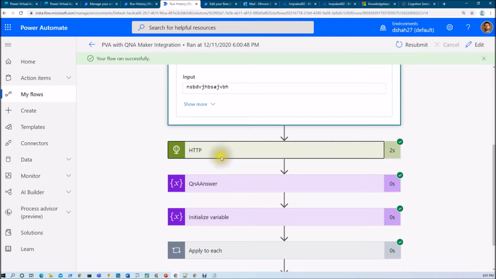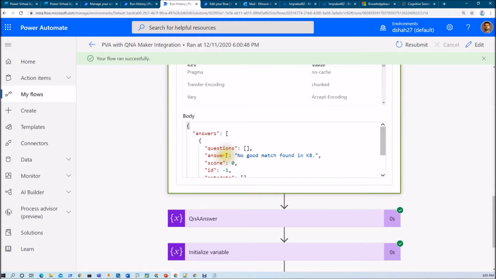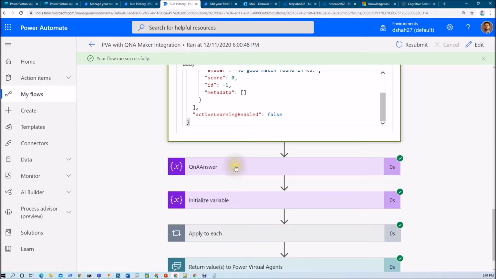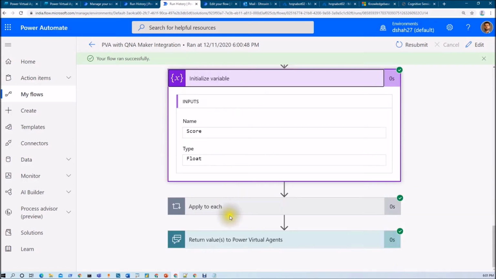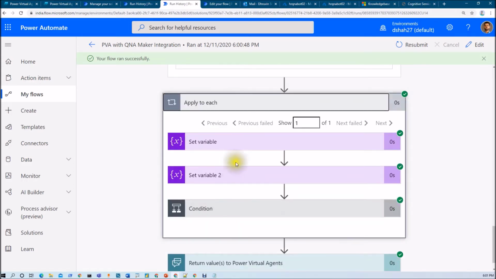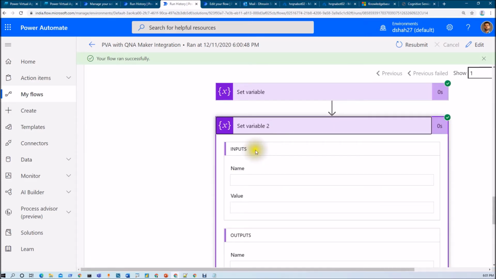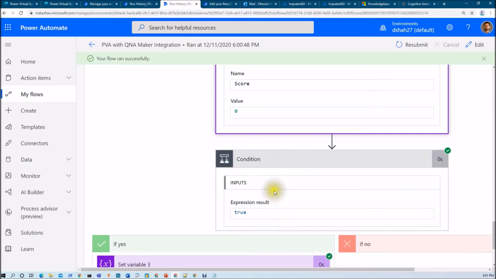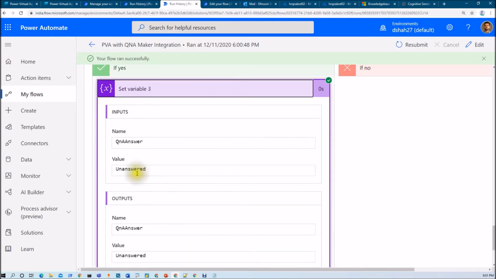Now in the HTTP response we did not get any answer. So basically we are having the score 0. It will go into the apply to each loop and check the condition. If the score is 0, the score is less than 45, so it is just setting the variable as unanswered, and